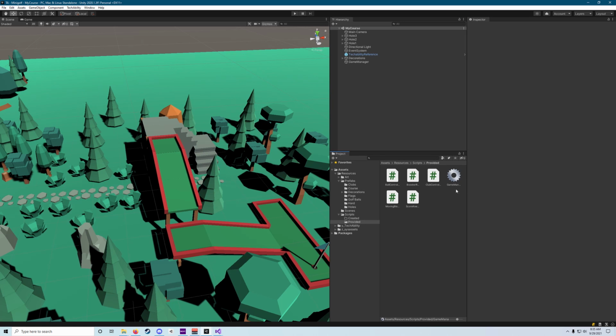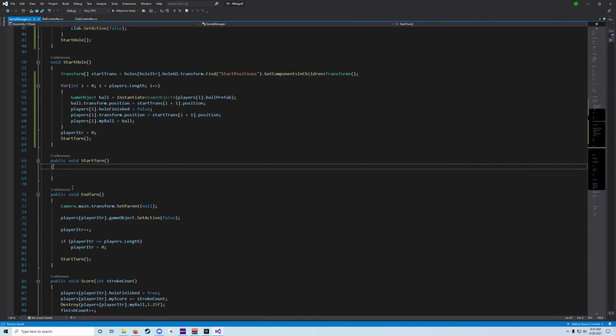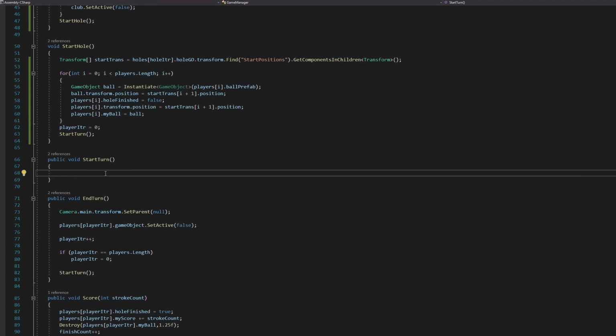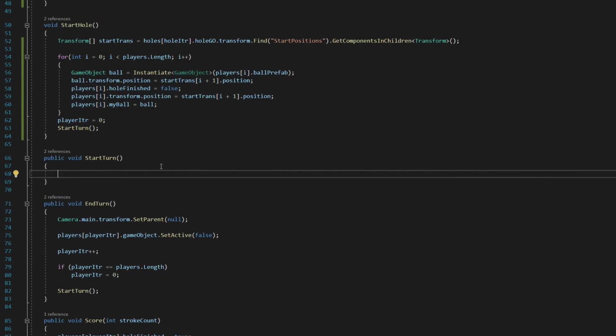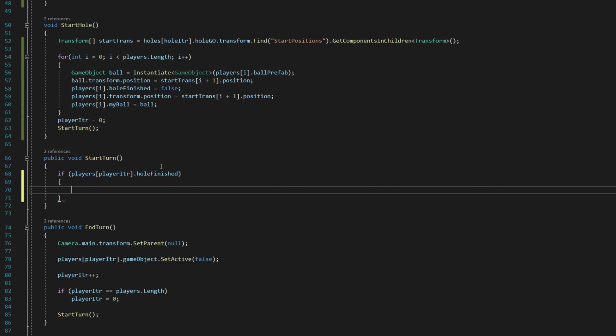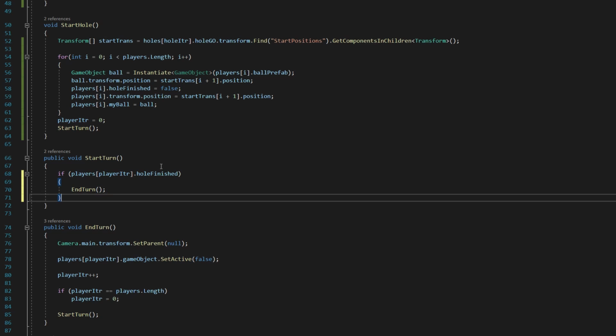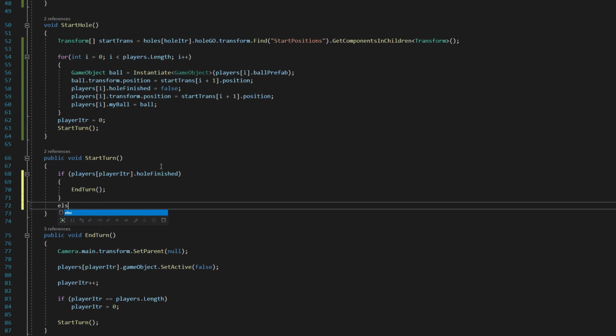Let's head back into that game manager because we've got one more method to fill out here. We're going to move into the StartTurn method, and once again, open up with a conditional. We're going to say if players[playerITR].holeFinish. So if the player whose turn is starting has already finished this hole, we're going to just immediately end their turn